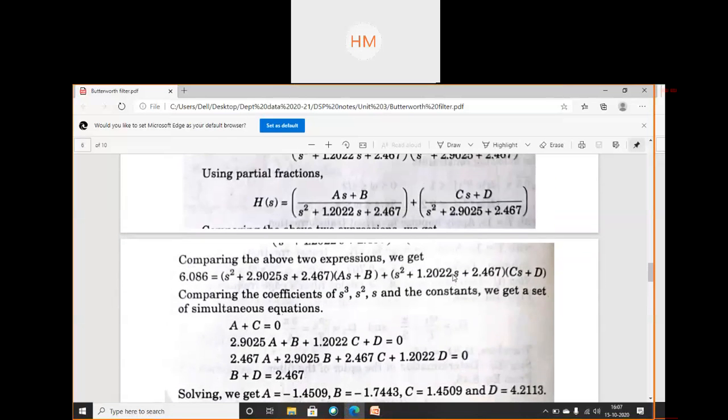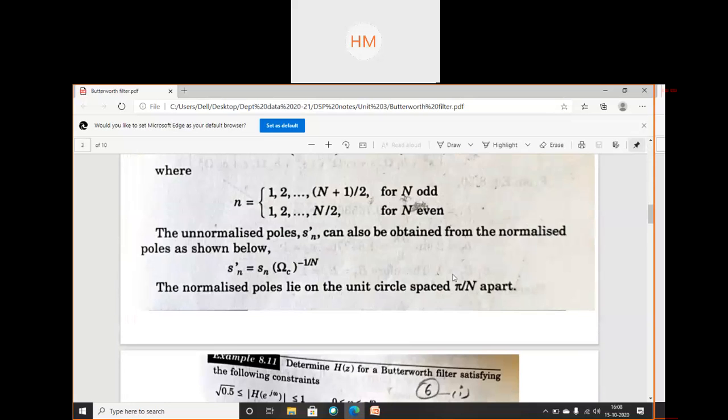So, we will start with the class, and it's a long time since we started. So, students, we have started with the Butterworth filter. We simplified some numericals of Butterworth filter, designing steps. We have discussed very clearly how you have to design a Butterworth filter. Before that, how to transform the digital domain into the analog domain. Transformation techniques we have discussed, IIT and BT. Based on that, we simplified numerical of Butterworth filter. Is my voice clear?